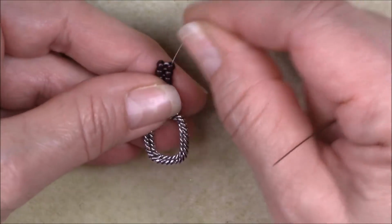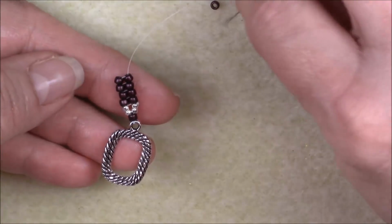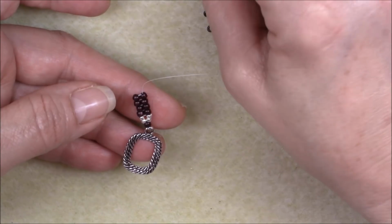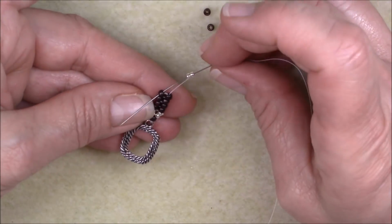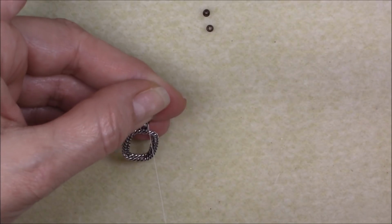We are now going to start the transition into the interest point on the bracelet. So we're going to change our beads, doing the same stitch, different beads. So this time we're going to pick up 2 11-0 seed beads. We're coming out of this 8-0 here. We're going to cross over into this 8-0 here, and we're going to pull these 2 11-0 seed beads down,